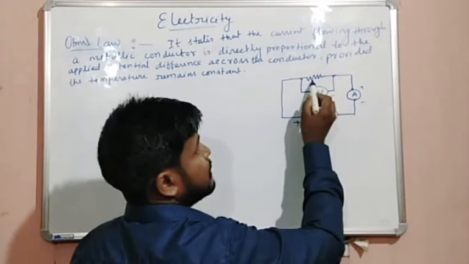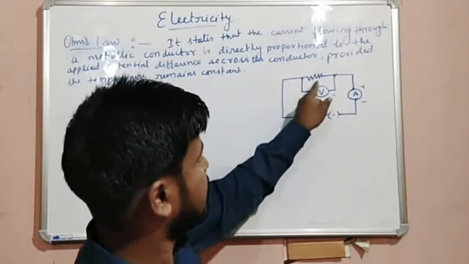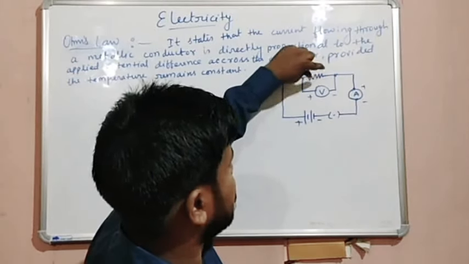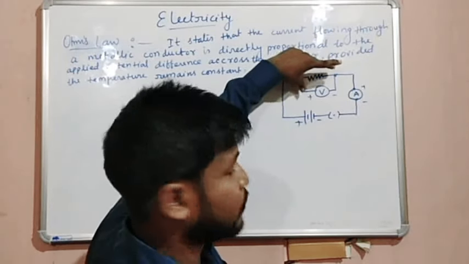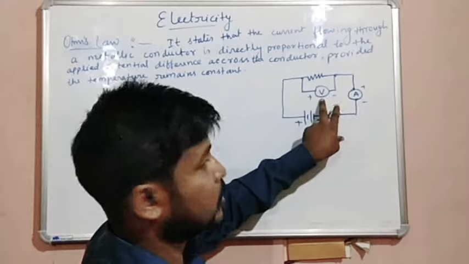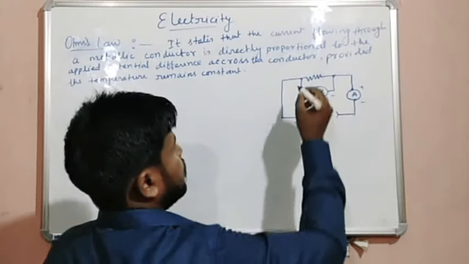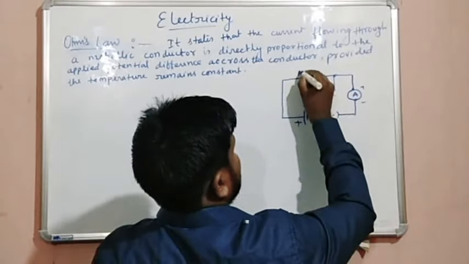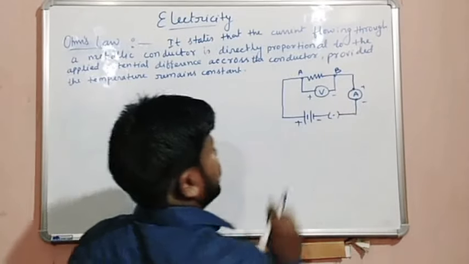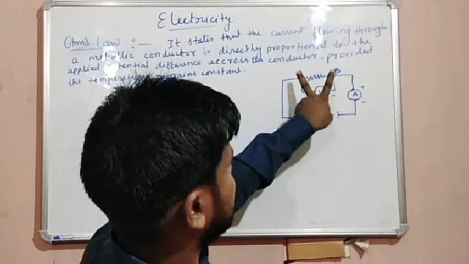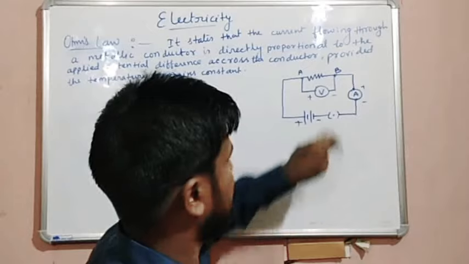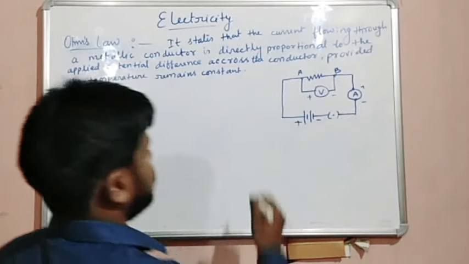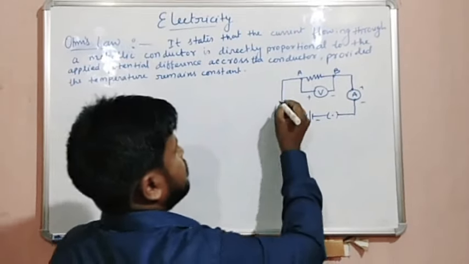This is what I told you, that this is a conductor. Its electrical potential difference will be there, and that can be measured using a voltmeter V. So suppose points A and B, we will be able to measure the potential difference across points A and B of this conductor. Let a current